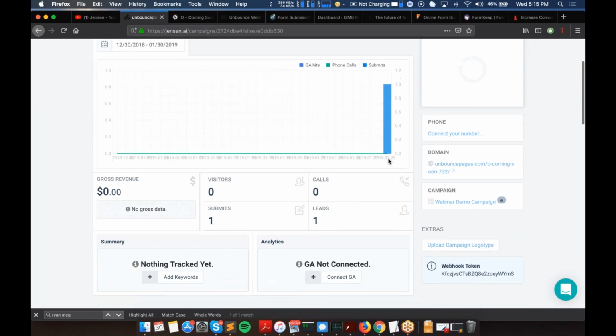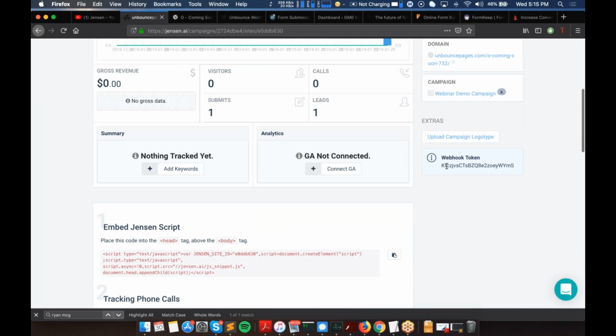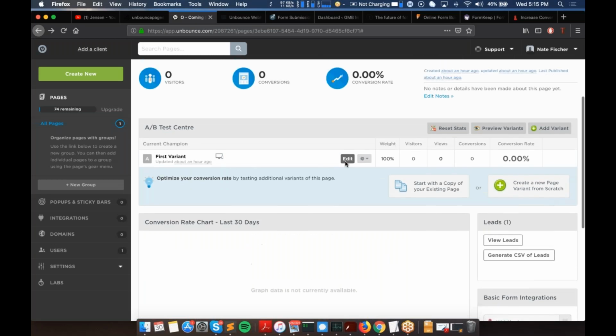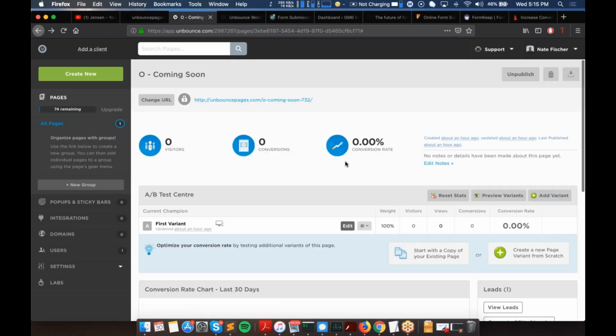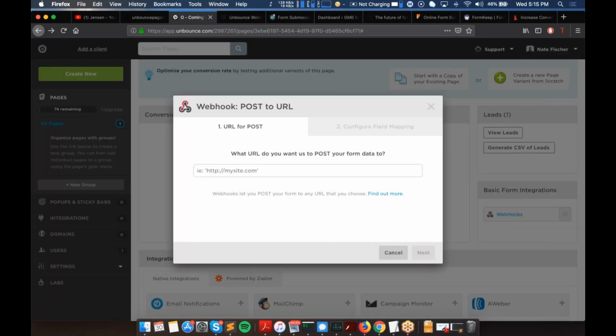And just like the ClickFunnels landing page, we have a webhook token generated. So what we're going to do is copy that, and we're going to go over to Unbounce. We're looking at the main view of the page. We want to click on this basic form integration, and that's going to allow us to put in a webhook. And then we just want to do the same thing where we're going to do